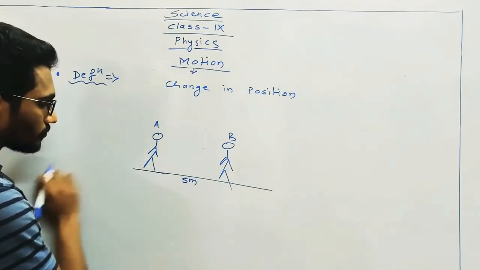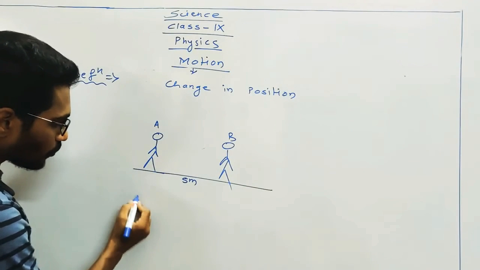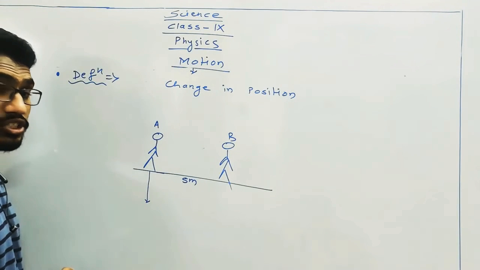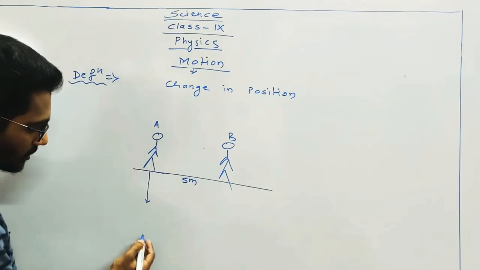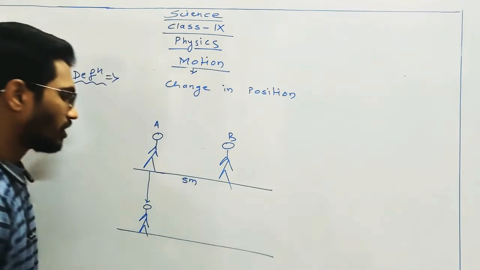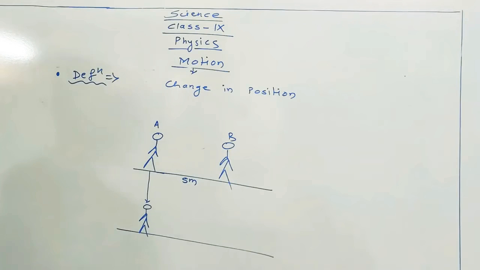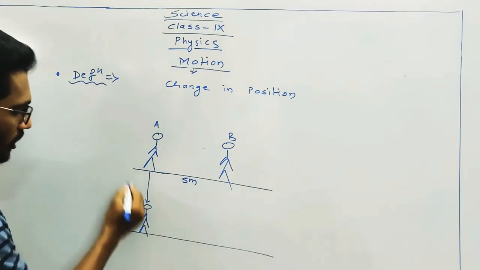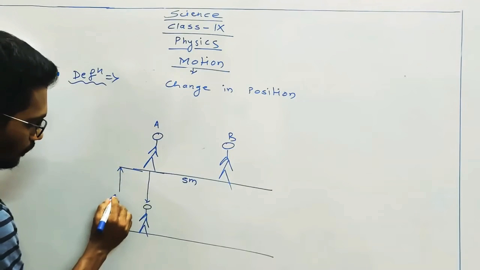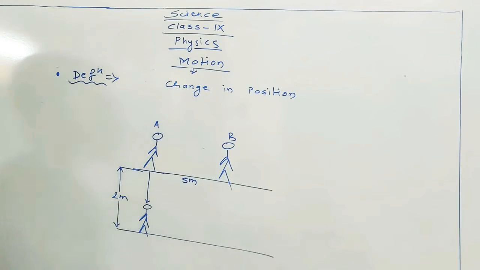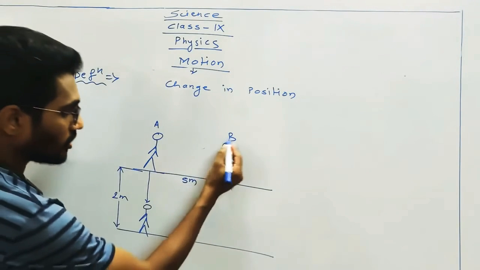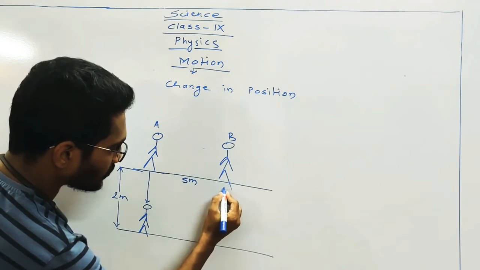Now, if this particular person travels a distance in the forward direction, and this must be the final position. Okay, so this particular distance, for example, it is of 2 meters,